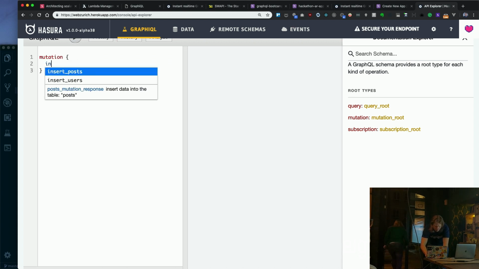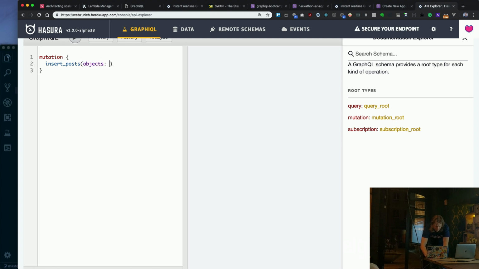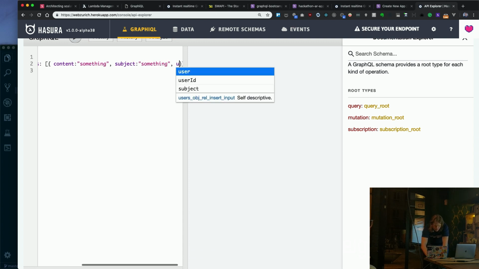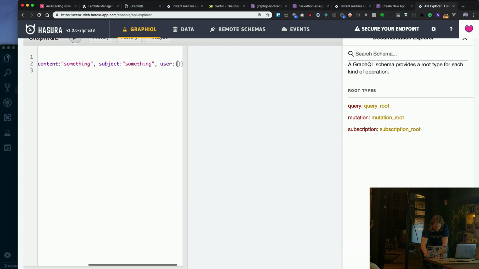Now I want to create a mutation, call it insert posts. My insert posts will get objects, and my objects will get content, something, subject, something. Now the cool part: because I'm connected to user, I can insert both post and user. I don't remember how I do that.